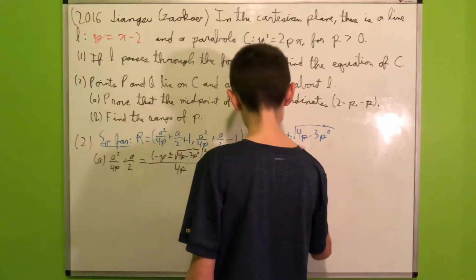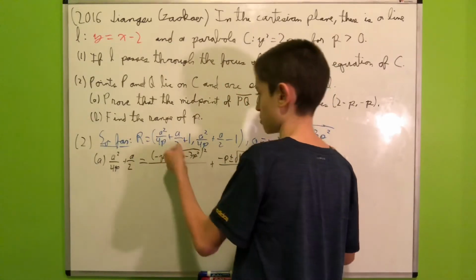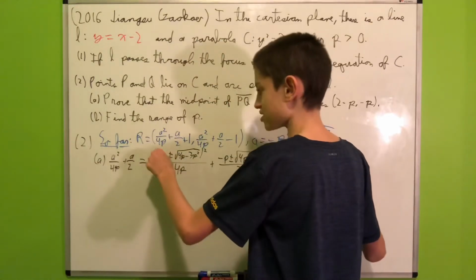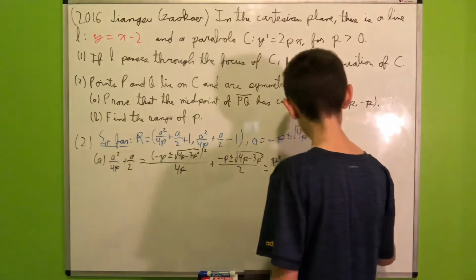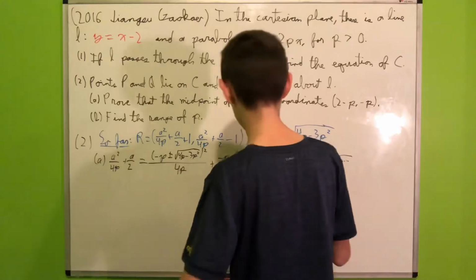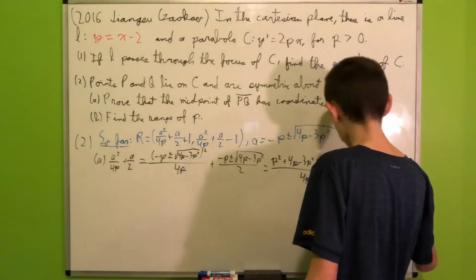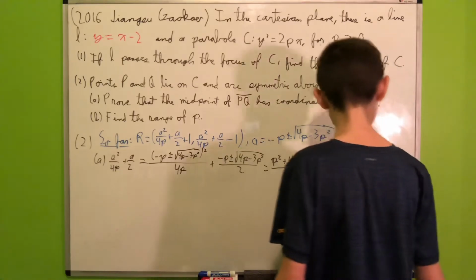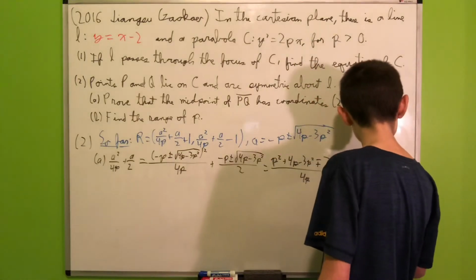So we have p squared, and then 4p minus 3p squared, squaring this term, and the plus minus will go away. And then 2, the sign will be negative plus or minus, so negative, so minus plus 2p times the square root of, well, things. I won't write out everything, so I'll just write the square root of some things, all divided by 4p, and then plus negative p plus or minus the square root of things over 2. But then we can multiply the top and bottom of this fraction by 2p, so we get 4p here, 2p here, and